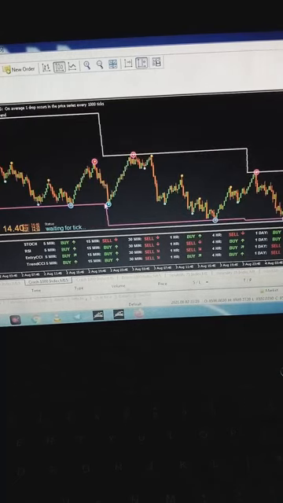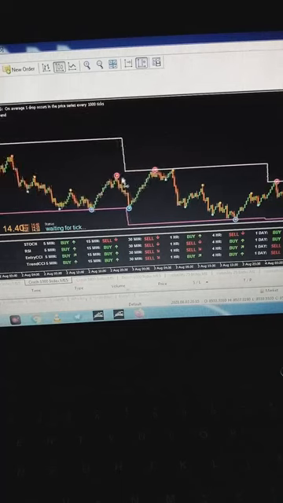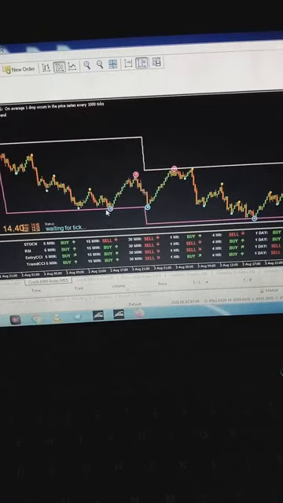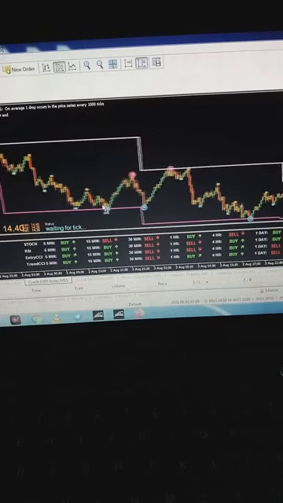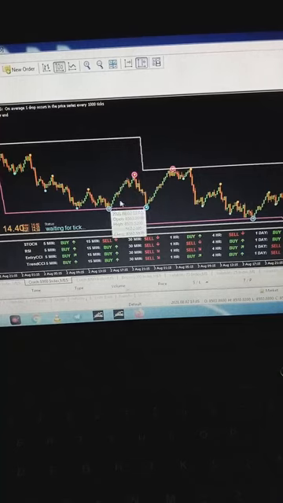Let us see all the touches. You see, it's touched here. What happened? The price moves up. Look at the touch again. The price moves up. So if you are a buyer, you'll be looking at opportunity when this thing will touch the lower band. If you are a seller, you'll be looking at opportunity when this thing touches the upper band. You see the touch here. What happened? The price moves down.